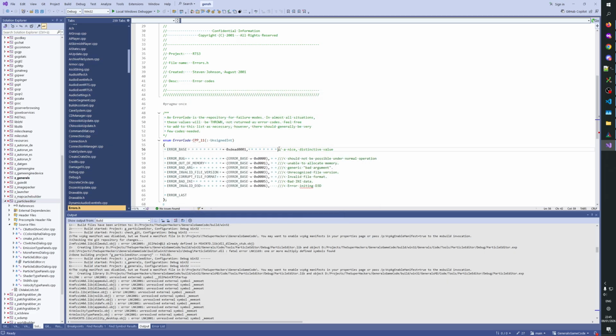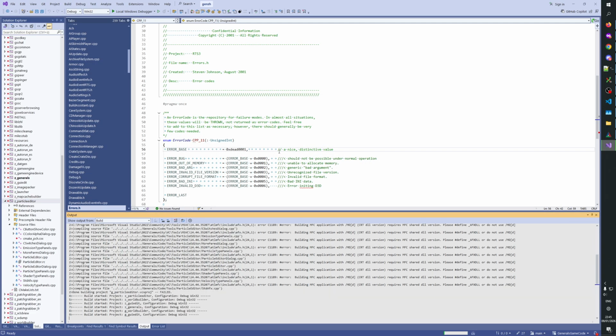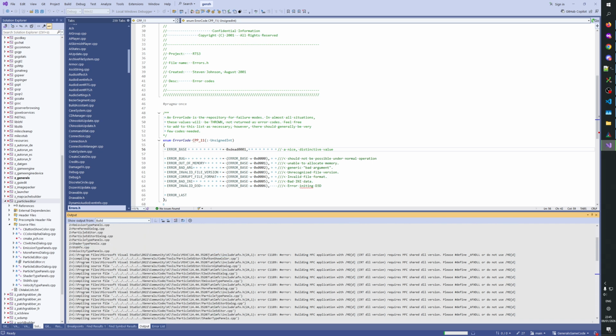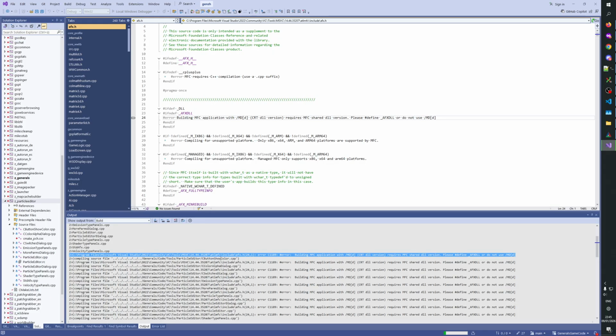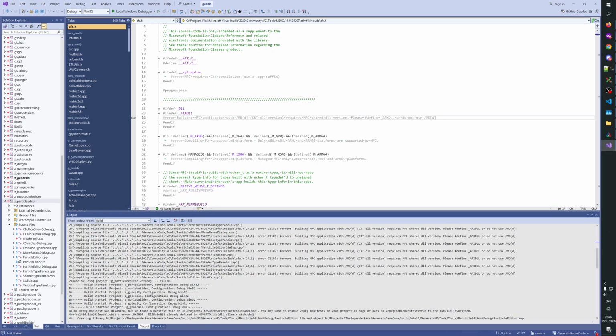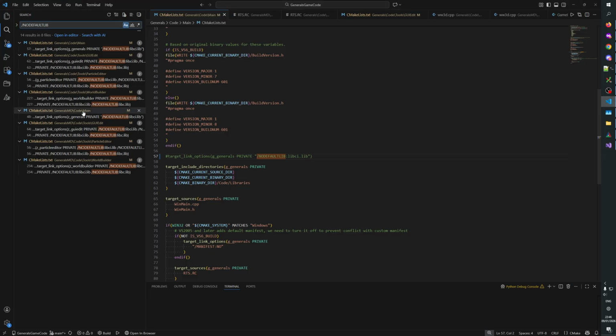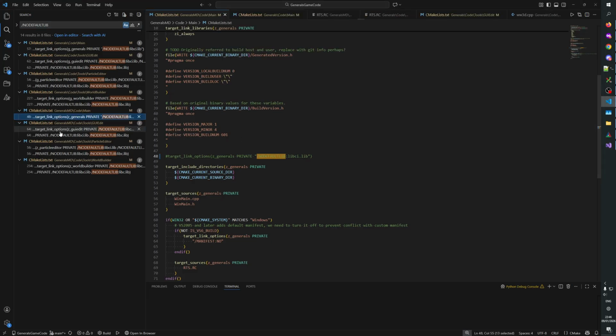Okay, let's compile it again. Error. Generals particle editor. Okay, for some reason